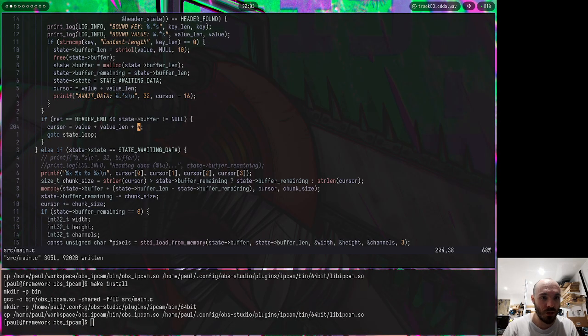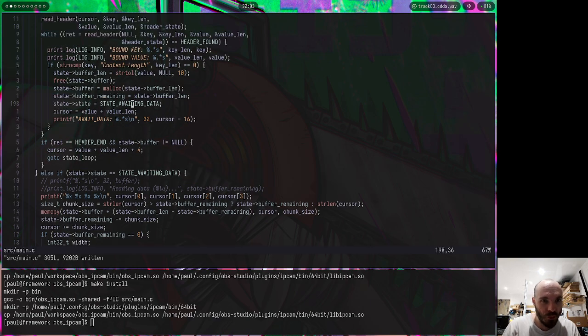So the reality is if I do +4 and I move to awaiting data, when I come here, I'm going to print out of bounds. And strlen is going to be 0. So if strlen is bigger, no, buffer remaining. So it's going to try to copy. I need to basically copy